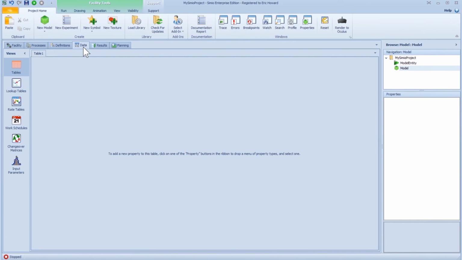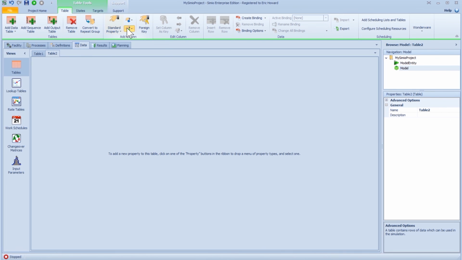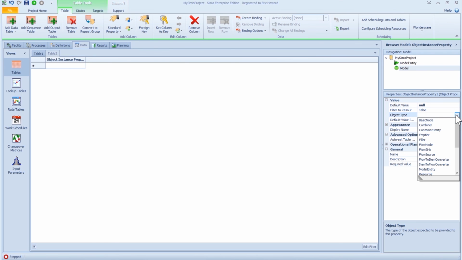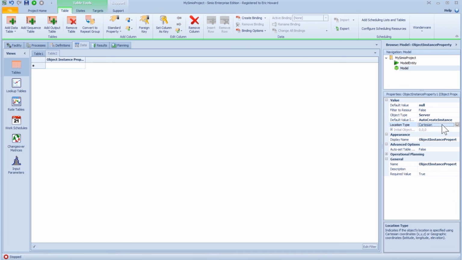Auto Creation of Objects Enhancement. When using a table to auto-create object instances, users can now specify each object's initial object offset coordinates using geographic values. Object Property has a new location type option to indicate if it uses Cartesian, X, Y, Z, or geographic, latitude, longitude, elevation coordinates. Selecting the default value of Cartesian allows users to enter expressions for X, Y, and Z,